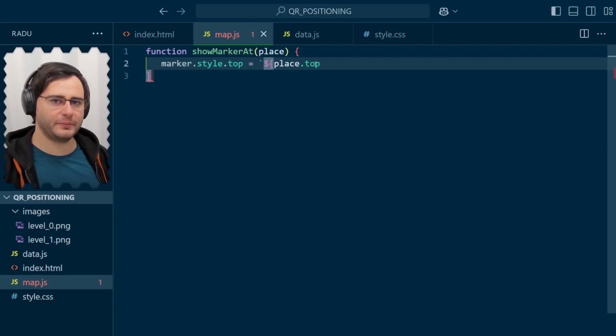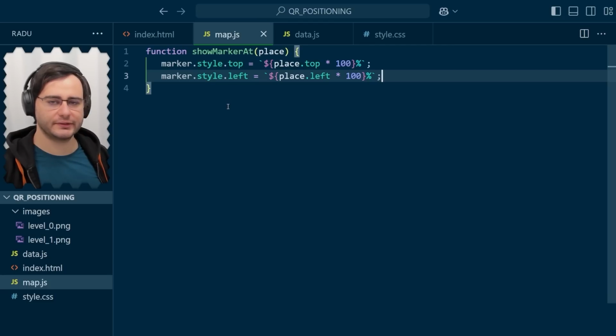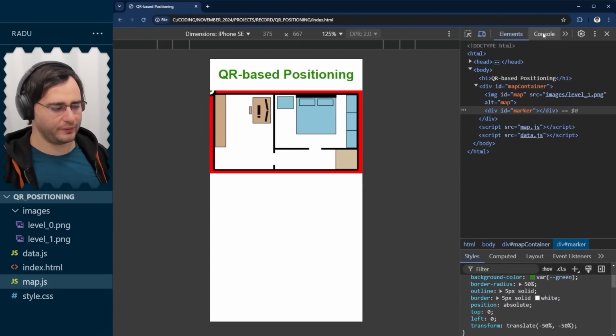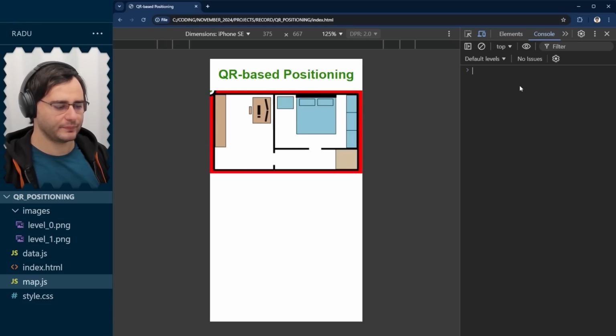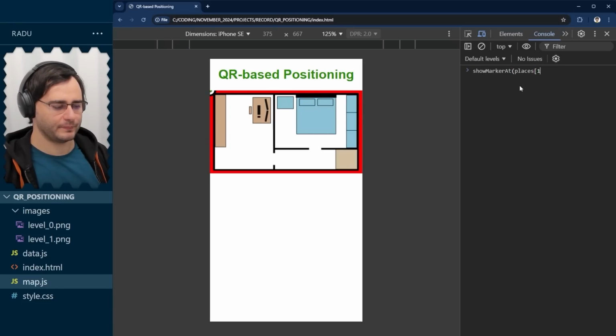And that's going to be a value between 0 and 1, the way we stored them. We need to multiply by 100. And then I'm going to concatenate the percent symbol, because that's how we want our units to be in the CSS. And the same thing goes for the left style. And we can actually test this function now in the console. So save, refresh, and if you go here in the console and type show marker at place 1,